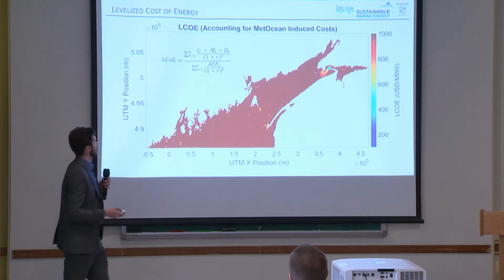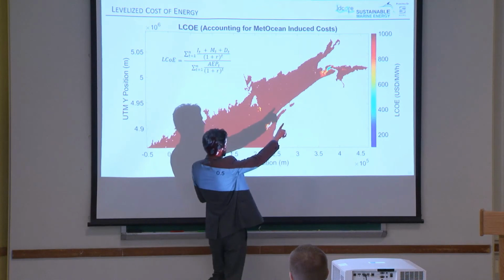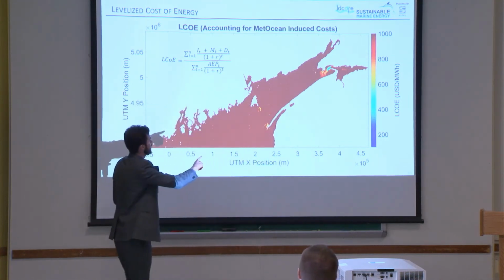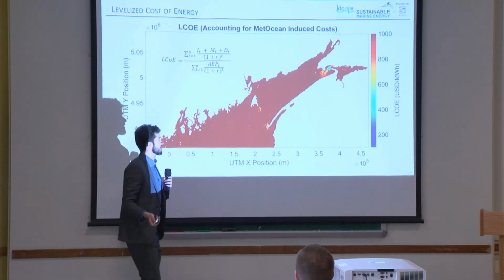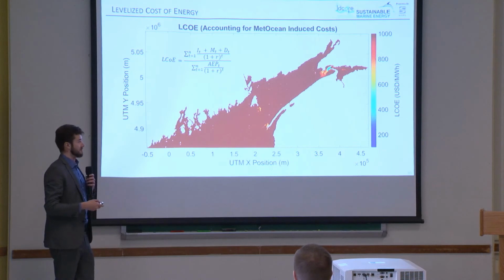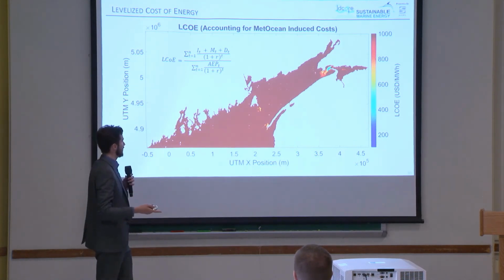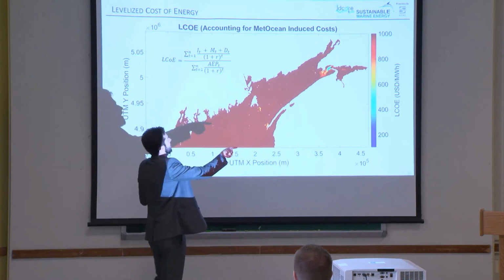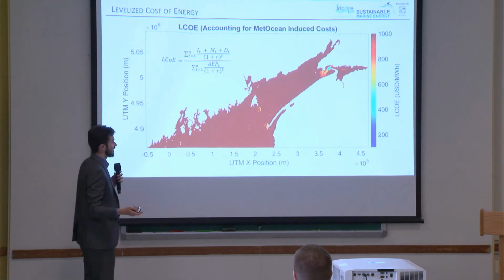your plot ends up looking more like this, where there's a huge area of Force that you now can't use because it's not financially viable. You're lucky to get below $500 per megawatt hour, and while this isn't necessarily pleasing, I would argue it's far more realistic for where the technology is at. So we at SME, we looked at these areas and we said, okay, well, we know that there's high flow speeds at Force, but we also know it's